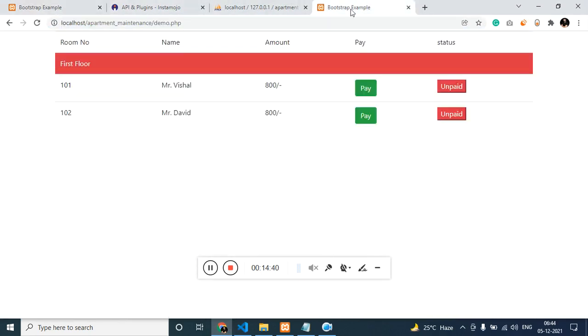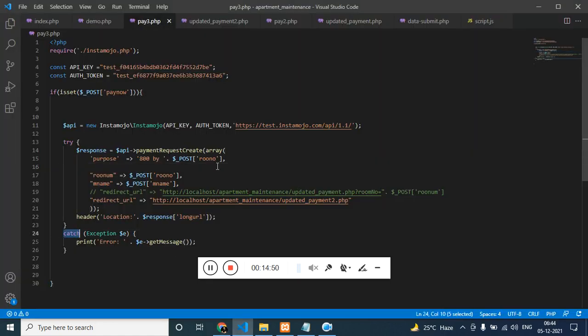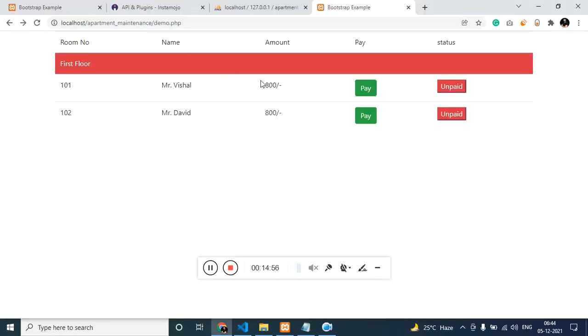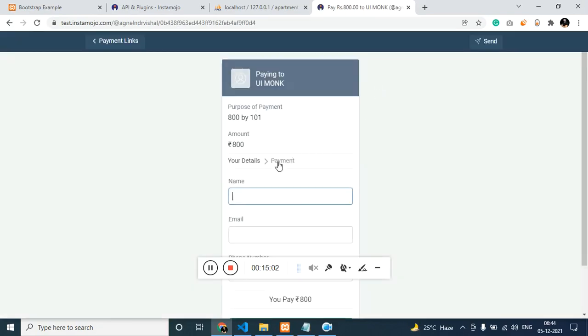We'll be creating a database table as well. Click on pay. It says the amount is required. So this error is coming from the catch block. So these two things are important, as I showed you. As I said, refresh it, click on pay, and properly it would be done,